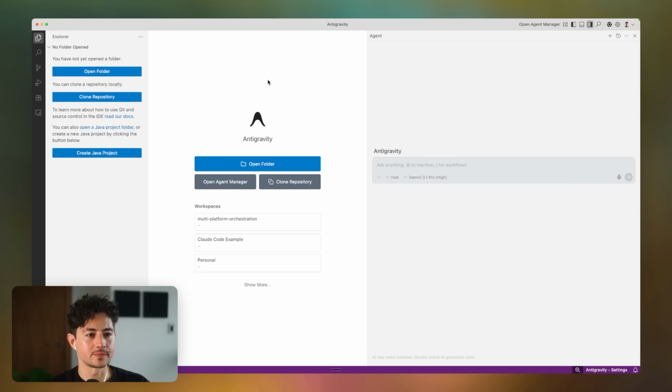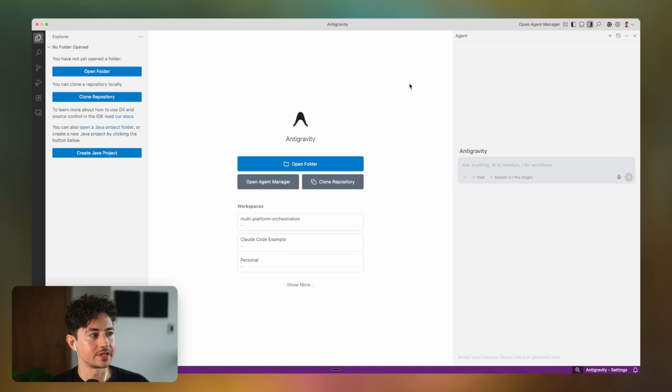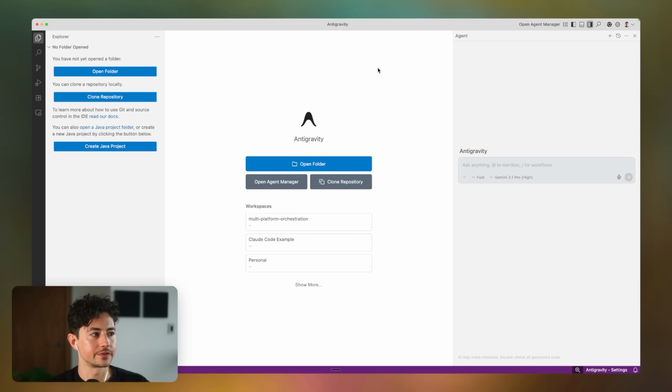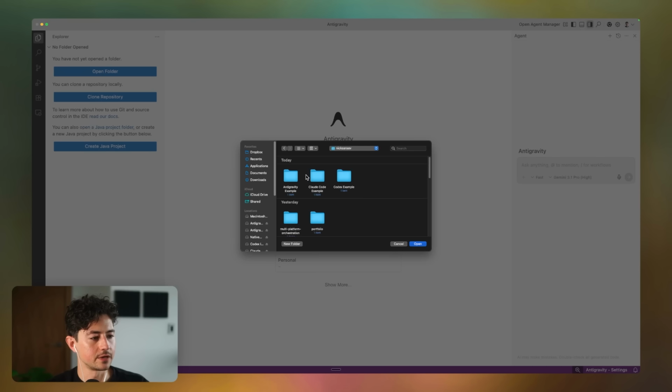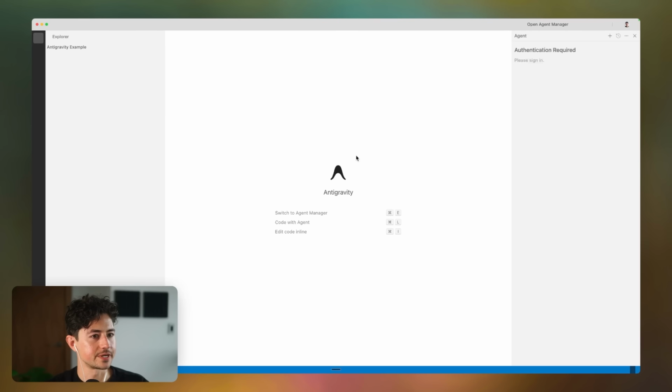Okay, next up, I want to chat agents.md and how to build a self-modifying and self-correcting system prompt that significantly minimizes the number of errors that you get as you build things with these AI agents. For the purposes of this demonstration, I'm going to be using Antigravity and, through it, the Gemini series of models. When you open up Antigravity, you have a little window that looks like this. Generally, I divide this into 3 panes. You have your Explorer on the left-hand side, your file editor in the middle, and then you have your agent on the right. What I'm going to do for the purposes of this demo is click Open Folder, and then go to Antigravity example and just open this up.